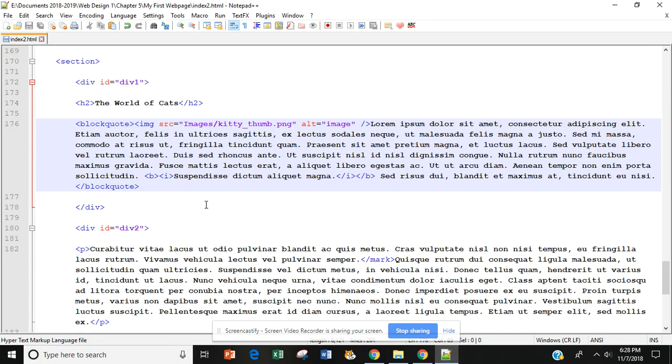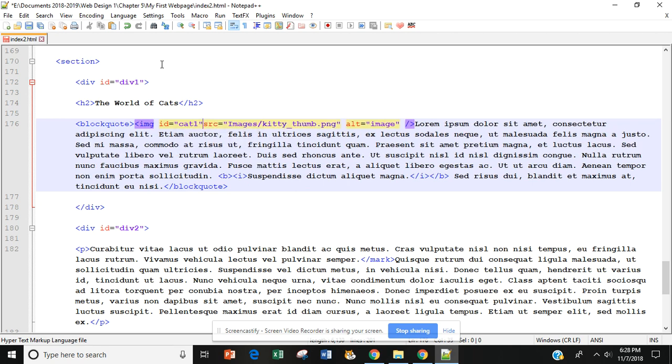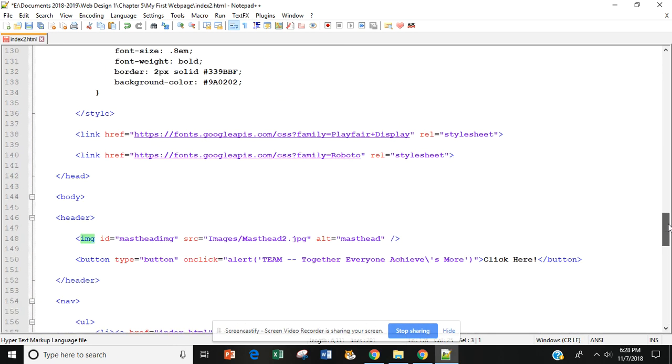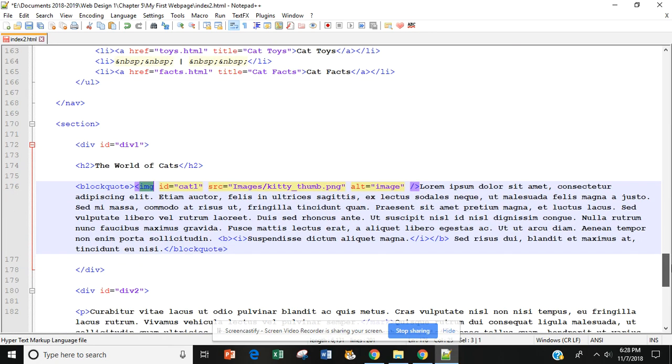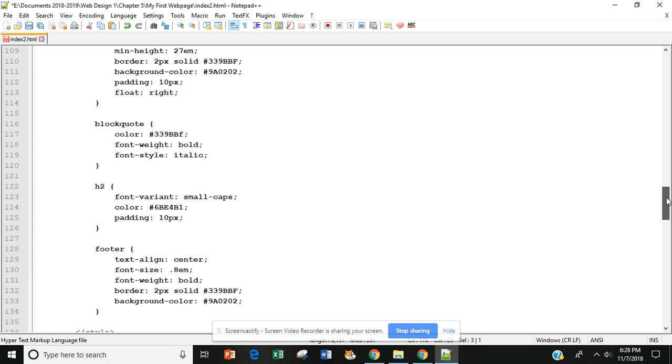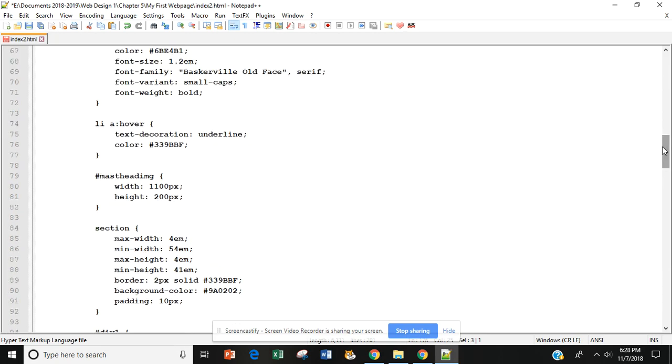So I'm going to create another ID selector because I need to talk to this specific image. So I'm going to do ID equals cat1. So here is my ID selector inside my image HTML tag. Then I'm going to come up here and maybe what do I want to call it? Yeah, cat1. All right, I'm going to come up here. I try to keep my images together. It's just easier when you're trying to